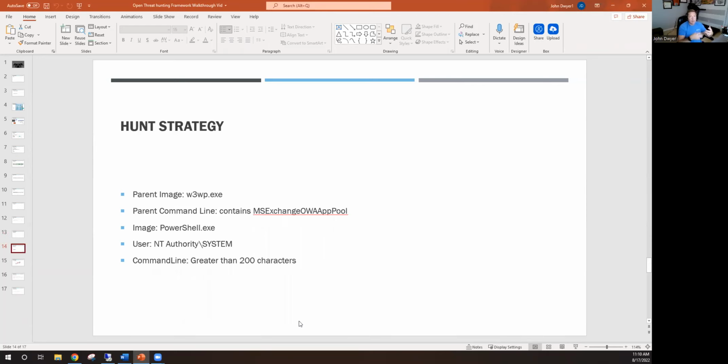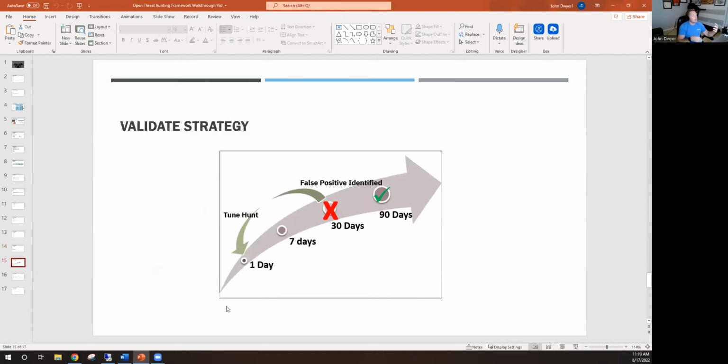And then the next thing we have to do is validate that this actually works. And this is pretty easy, right? So what we're going to do, and this is the iterative process, maybe I find out that 200 characters is just not long enough. I get a lot of false positives and I need to go back through, bump it up to 500 or whatever the character count needs to be. Or maybe I need to switch to doing keywords like from base64 string and that registry key and invoke expression in there. And I just need to work through that until I get to the point where I can go